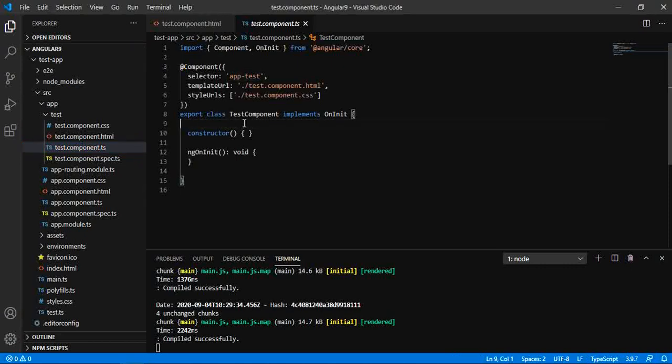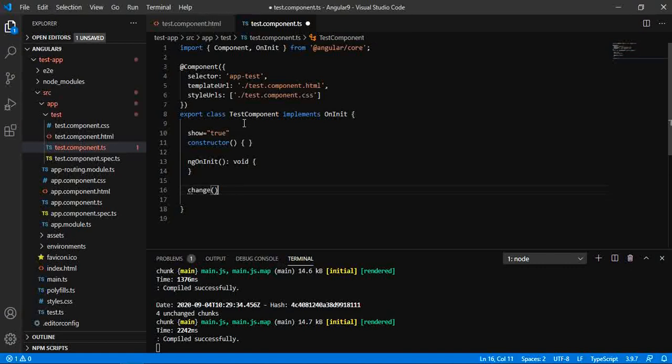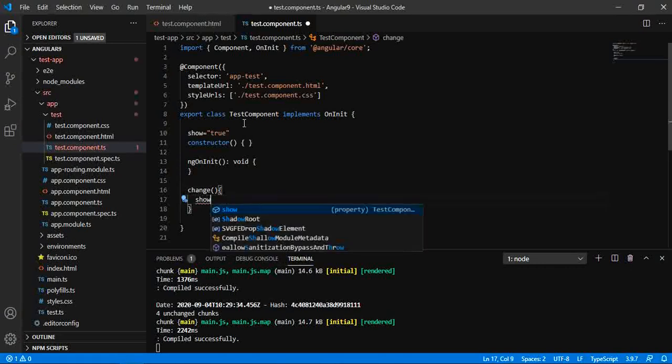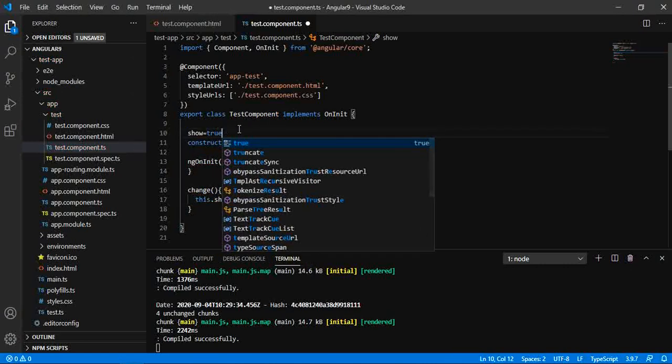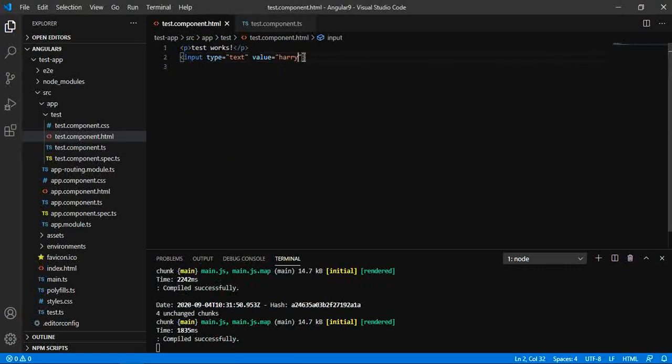Let me give some value, that is so equals to true, and we have a method called change, and this dot so equals not this dot so. Perfect.